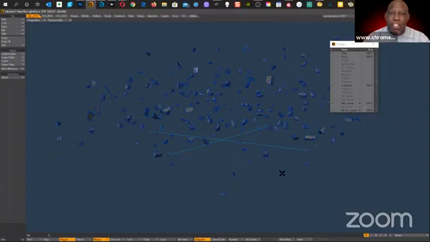ZBrush, as of late, can also do that because they've improved their software to do hard surface as well. But it's primarily a brush-based, stylus-based program, right? You have to work with a stylus. Whereas with LightWave or Maya, you don't necessarily have to have a stylus. You can work with a mouse. Hopefully that answers your question.